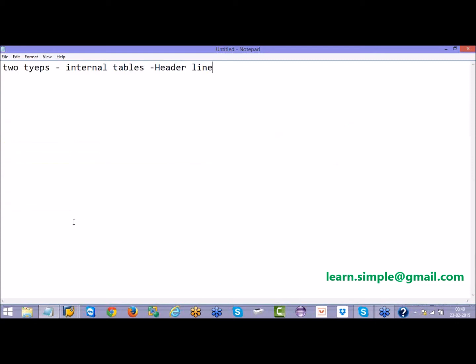We have also seen other syntaxes like occurs 0, and type table of some structure with header line, and so on. So there are various syntaxes to declare internal tables. When you classify internal tables with respect to header line, there are two types. First one is internal table with header line. Second one is without header line.